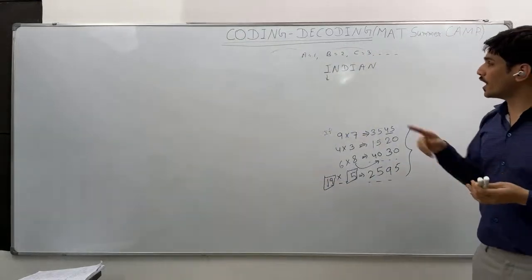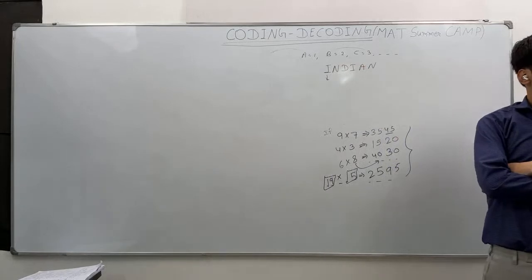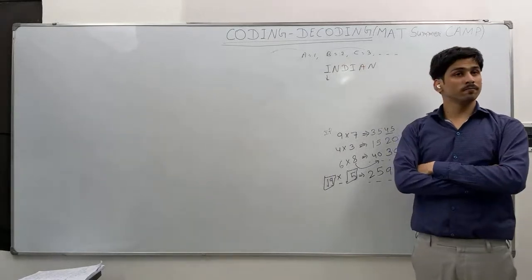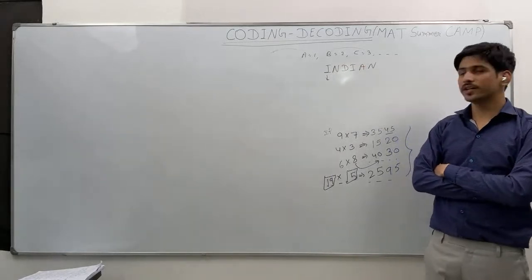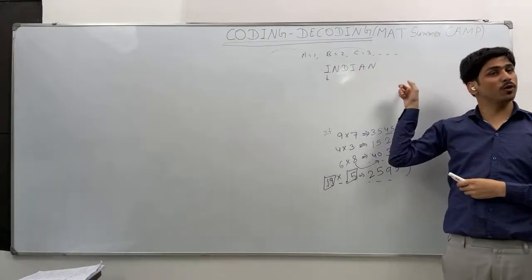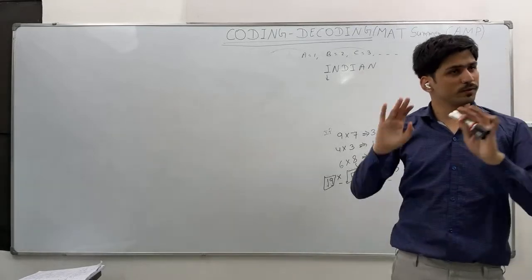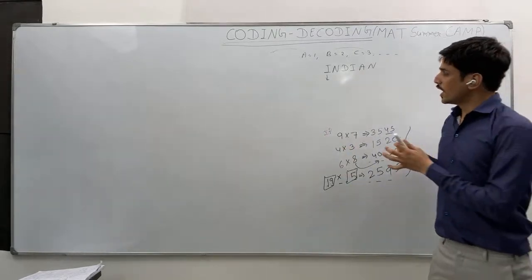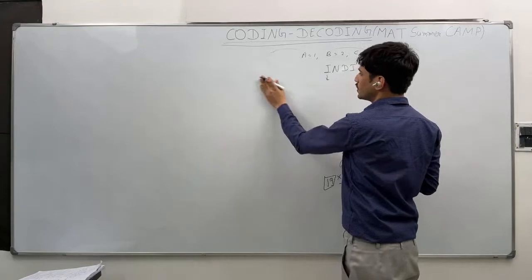How do you know I comes at what place? 9, and N, 14. D, I again the same, A, N. Okay, then if you add all of them, what will you get? 51. Simple, right? And let's say if I give you the next word,